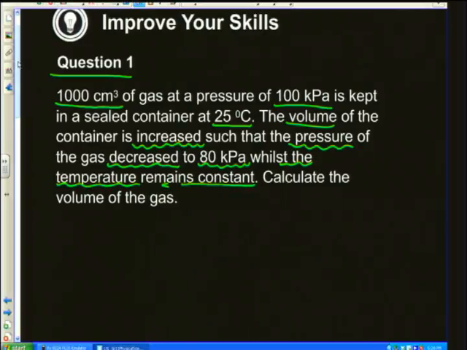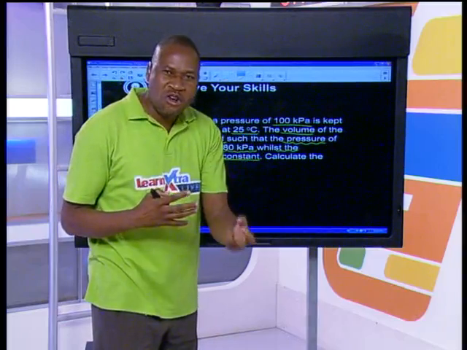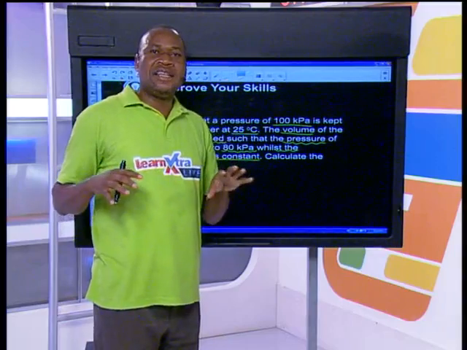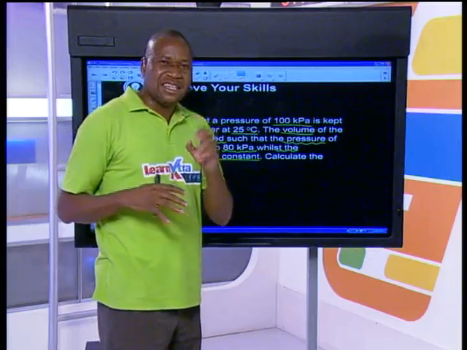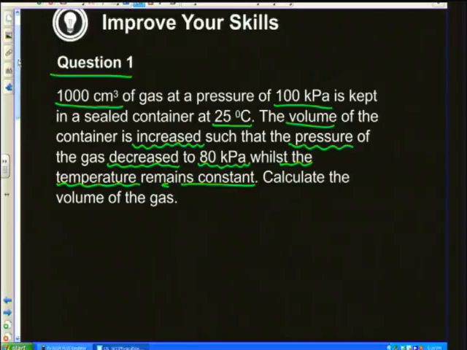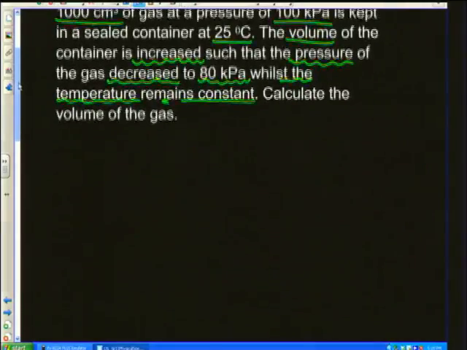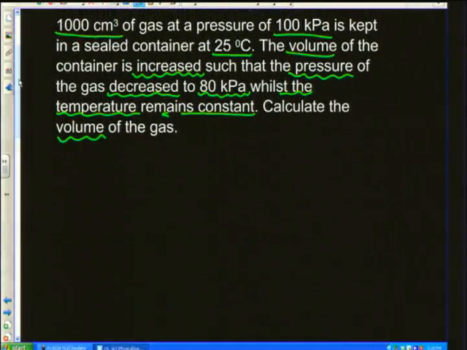Now, this is definitely Boyle's law, because with Boyle's law, we keep temperature constant, we control that variable, and then check the others. We control the temperature, we control the quantity. We don't add or remove anything from the quantity of the gas. So let's see how we're going to deal with this then. If I'm to calculate the volume of the gas, it means I would say